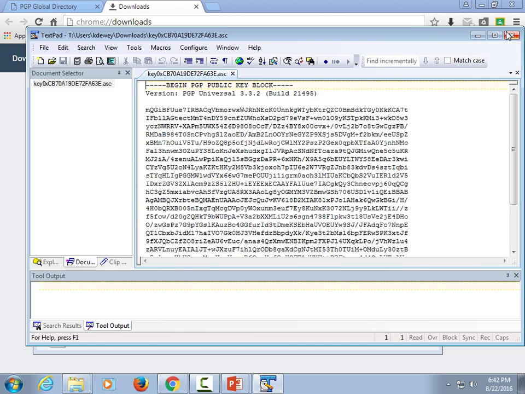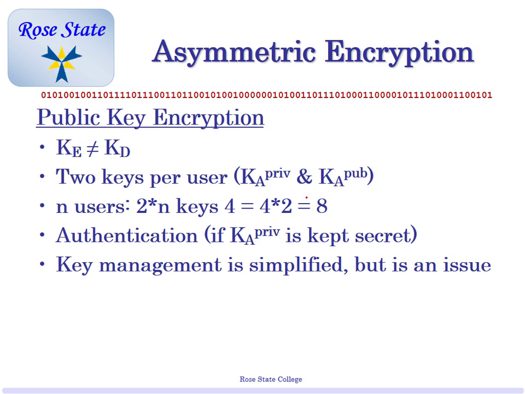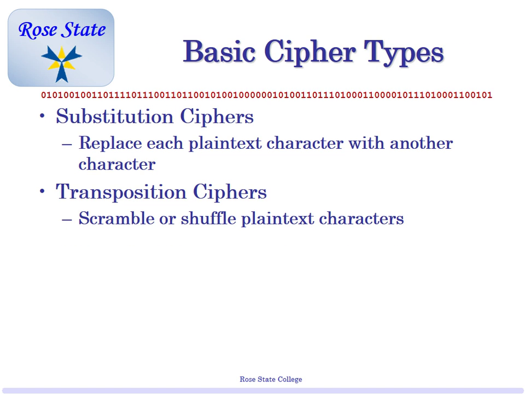All right. So, as long as the public key is kept and the private key is kept secret, you're good to go. Okay, we have a couple different cipher types. Substitution cipher: maybe we're going to replace each letter with something. Or transposition, we can mix up columns. We're going to see pictures of these.